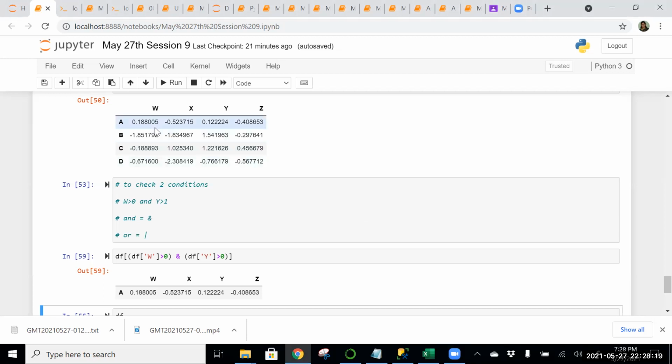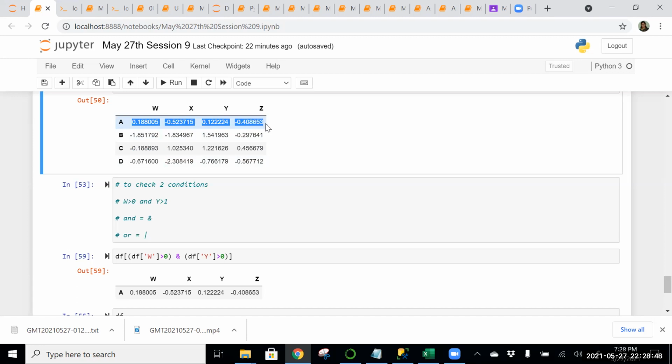Right. So now it is going to check this row by row. In the first row, it asks: is your condition true, that W is more than 0 and Y is more than 0? The condition is true here. But in this row, W is less than 0, so this will be discarded because my condition is false. The same thing happens over here and over here. That is why, as a result, you get only one single row in the output.